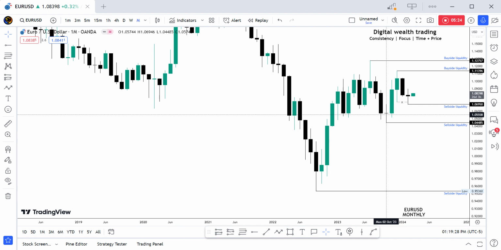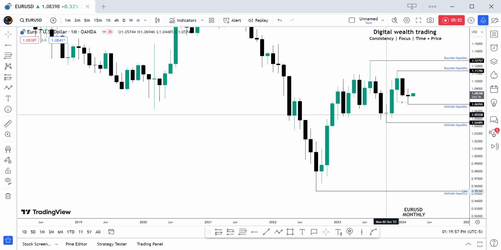Which of these two PD arrays are we looking for to be swept this month that we are getting into, which is March? We want to see which one the market is going to sweep. Now, subsequently, delivery of higher prices on euro, as price is showing respect to the inversion